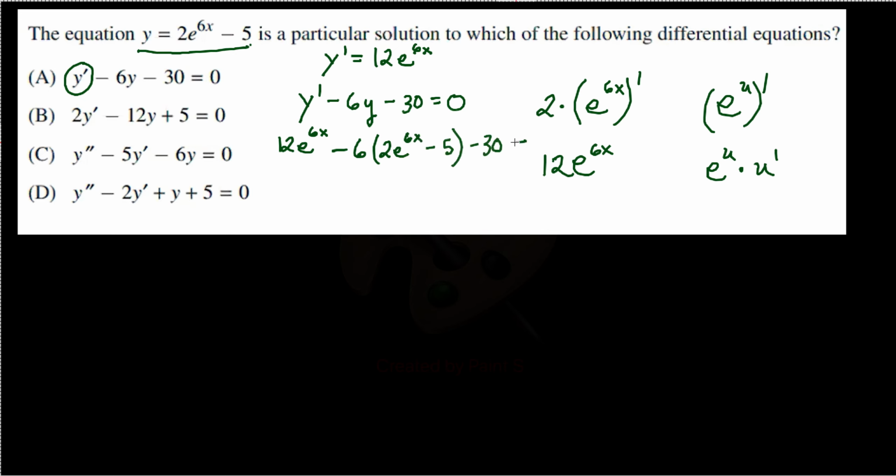And I want to see if this equals 0, because if it does, then I know my answer is a right away. So 12e^(6x) minus 12e^(6x) plus 30 minus 30. Does this equal 0? Yes, because this cancels with this, and this cancels with this. 0 equals 0. This is my choice, and I got lucky, and that's it. I wouldn't need to check this. If this did not equal 0, if I did not get 0 equals 0 here, and I got some number over here,